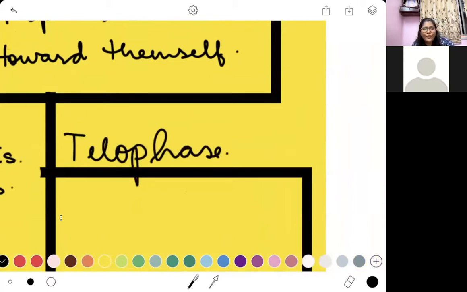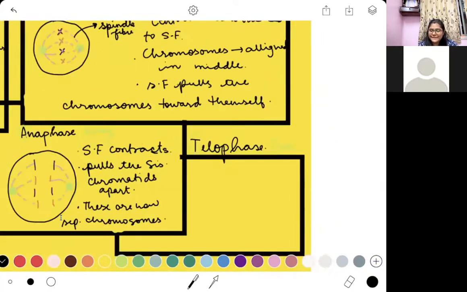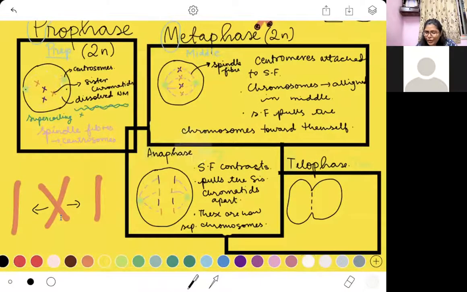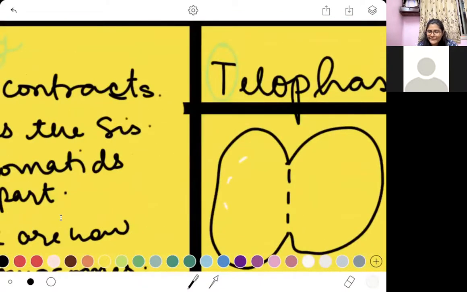Okay, think of your telophase. Okay, I'll tell you why. Now it is during this particular part that your cell is going to prep for the process of cytokinesis. That is, your cell is now going to prep for the formation of 2 new cells. It is during this phase that the nuclear envelope is starting to regenerate.